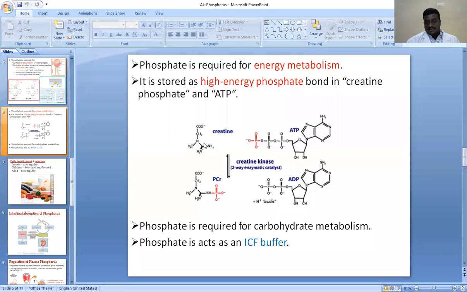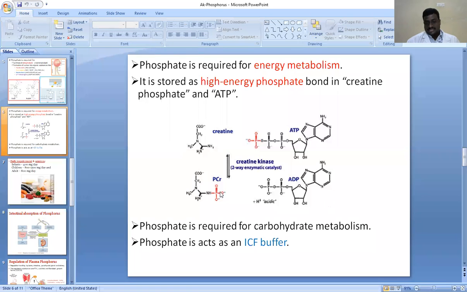Creatine binds with one phosphate ion taken from adenosine triphosphate. This phosphate attached to the creatine forms creatine phosphate, which is stored in the muscle. When energy is required, the phosphate group is separated, and this phosphate participates